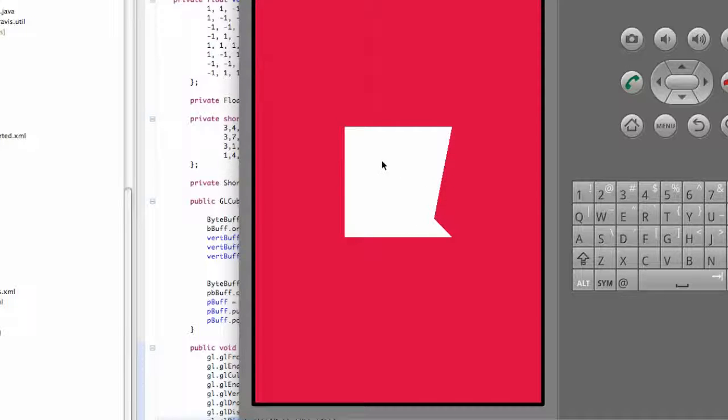Alright, it looks like something's messed up. I must have messed up on one of our triangles, but as you can see, for the most part we're getting some sort of a cube. And this is what we're going to do in the next tutorial: learn about rotation. It's going to be pretty simple, pretty easy, but I'll see you guys then, and have a good